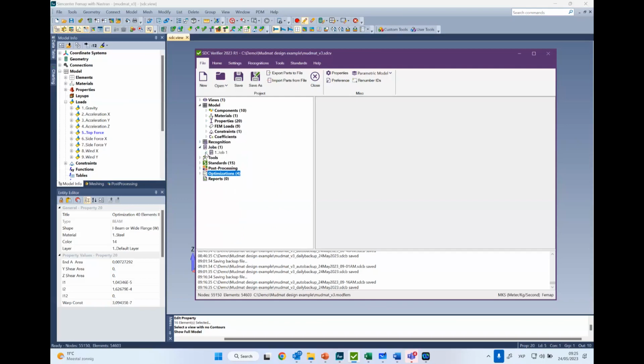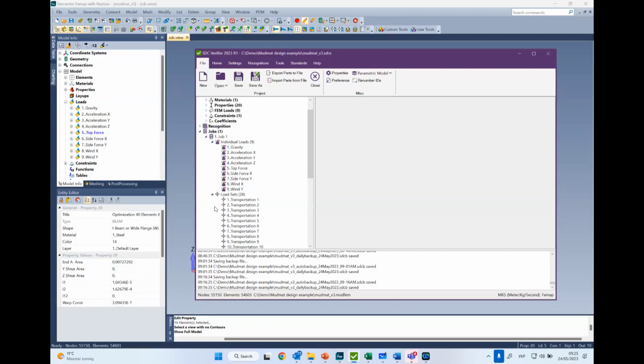So from where we solve the model and where we combine the loads. As you see, we have 9 individual conditions, which we combined in 28 load sets. The structure works for multiple conditions. As I mentioned, we have